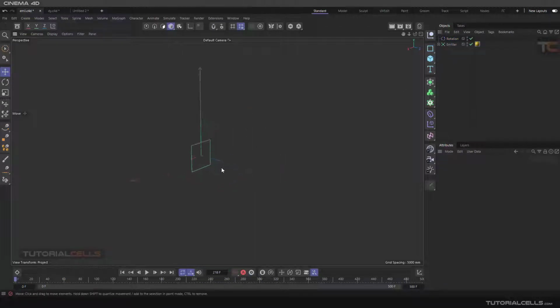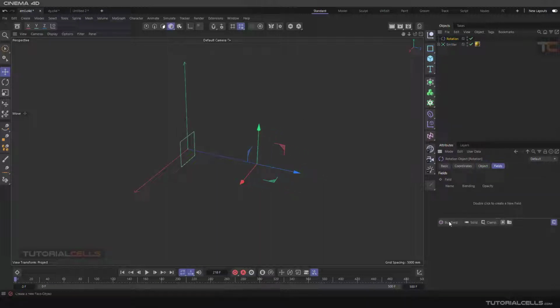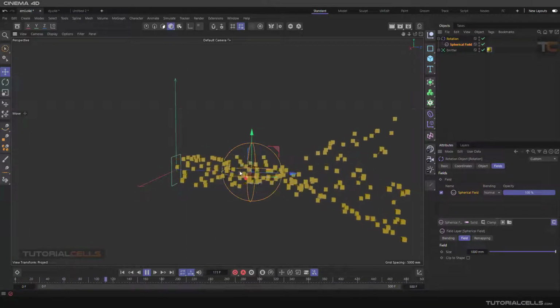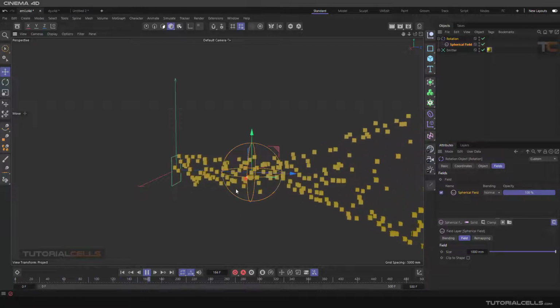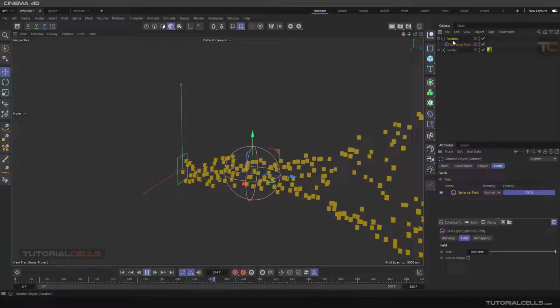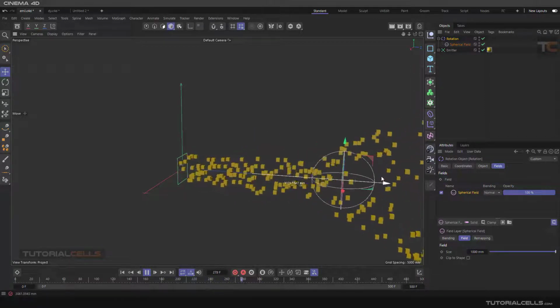Just begin with one. You can add a field to that. For example, for this rotation is spherical. I don't make it the fall of 0. As you can see, if they reach that field of rotation, it will be rotate. Interesting. And you can select the rotation and change the